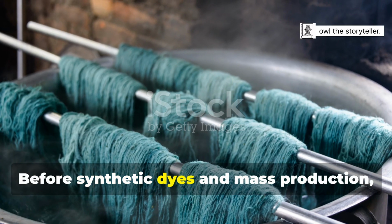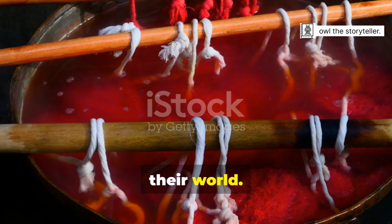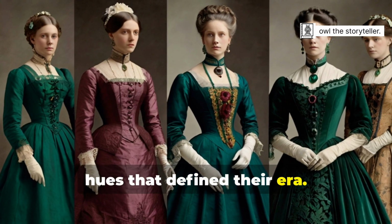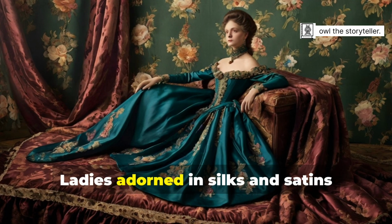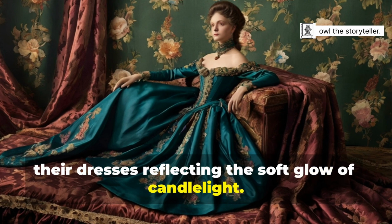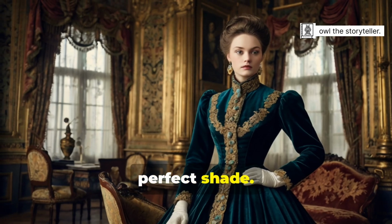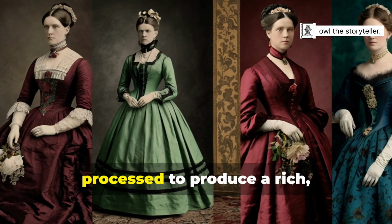Before synthetic dyes and mass production, the Victorians relied on nature to colour their world. They turned to plants, minerals, and even insects to create the vibrant hues that defined their era. Imagine a grand ball in full swing, a scene of opulence and elegance. Ladies adorned in silks and satins shimmer beneath chandeliers, their dresses reflecting the soft glow of candlelight. That deep emerald green, derived from the humble nettle, painstakingly extracted to achieve that perfect shade. That ruby red, the secret of the madder root, a plant whose roots were harvested and processed to produce a